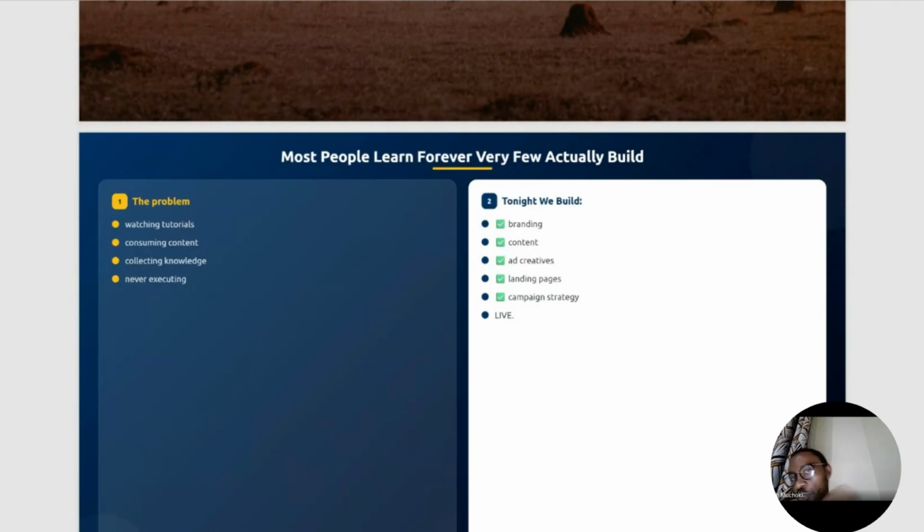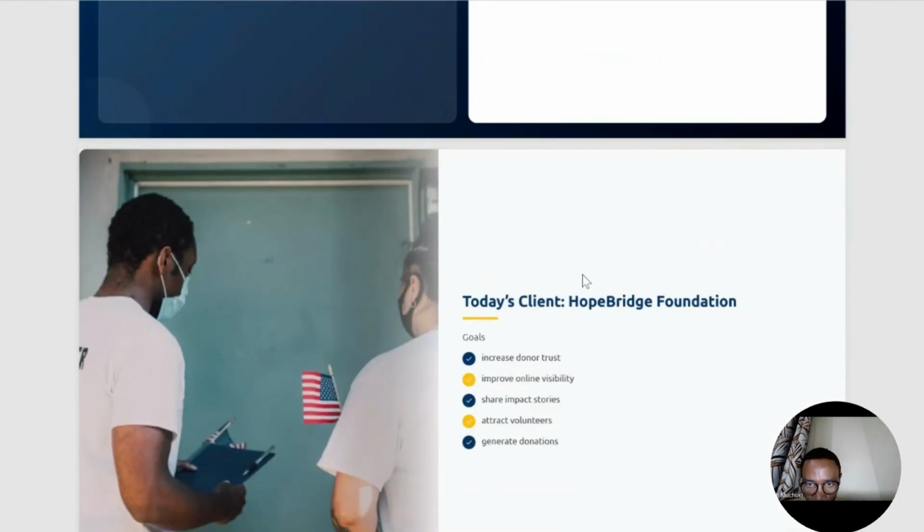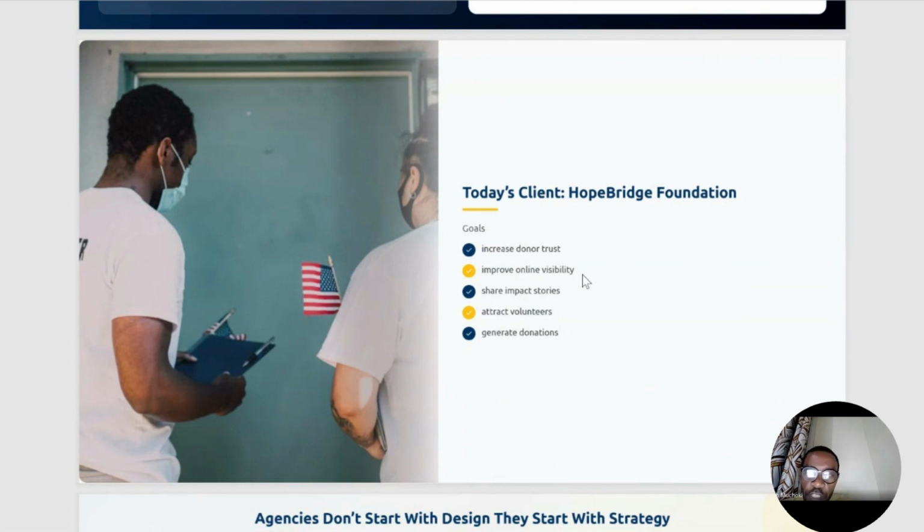So we want to show how you actually move from closing the deal with the client to serving them professionally in a real scenario. And we have a case study today. It's Hope Bridge Foundation, an NGO. So today we'll be seeing how we can position and profit